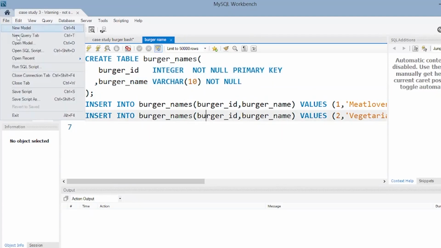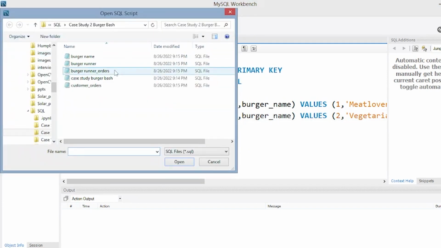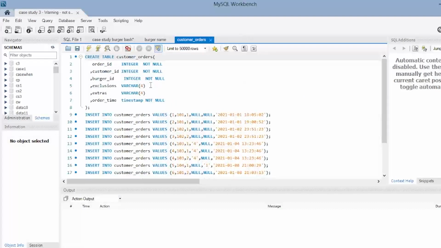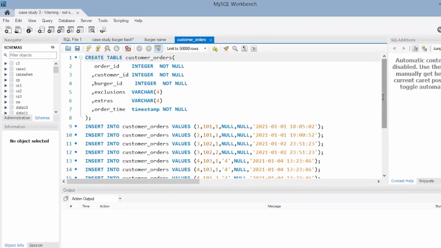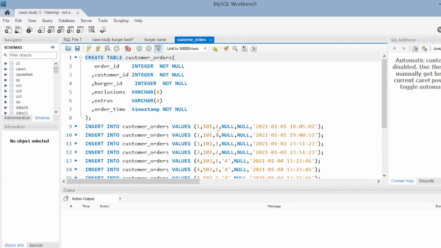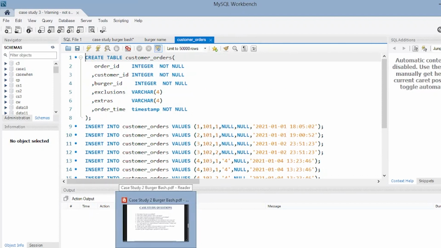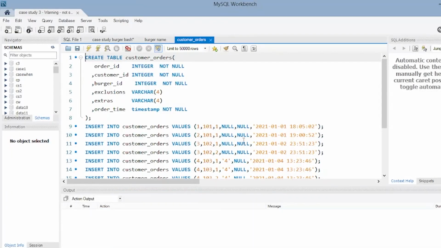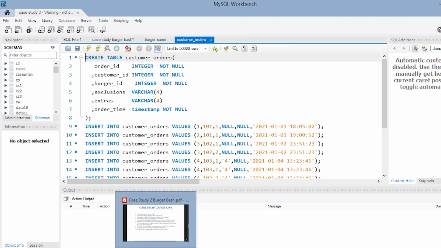Okay, similarly you can import the other scripts as well. Suppose this is the customer orders script. So this is the customer orders table wherein all values are already given. For solving the case study questions, I prefer that you use the tables that we have already given. But if you want to practice your own questions, then you can also use your own data. But to get to know the correct answers for our case study questions, I prefer you to use our